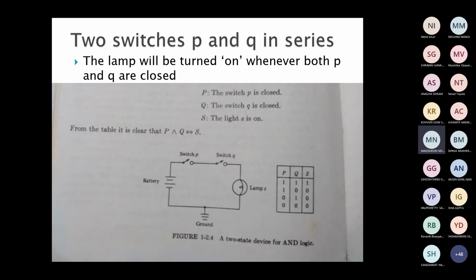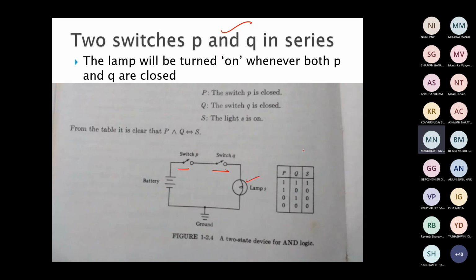In electrical things, I think you know parallel connection, series connection and all. Have you studied? Yes, ma'am, a little bit. Okay, so the lamp will be turned on. Two switches are connected in series here. Can you see? I'm connecting two switches in series, and here is the lamp connected to that. So when will the lamp glow? Both the switches need to be closed. Otherwise there won't be current flow.